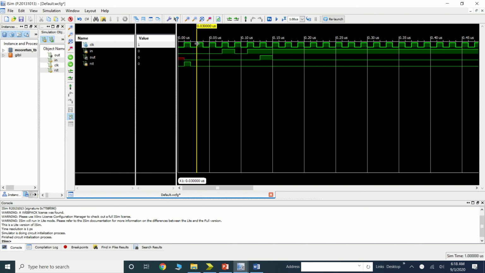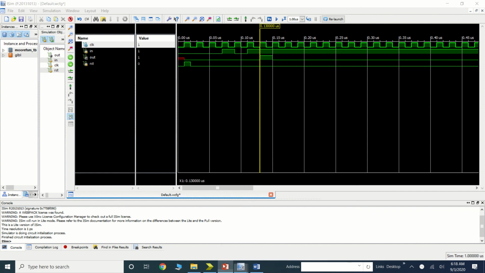So this is the pulse of clock, the input equal to 0, the next pulse of the clock, input equal to 0. Here my clock 1. Okay, so we are getting the first bit of my sequence, the next again the desired bit 1 0, and the next is my 1. But here you have seen that when we are getting the targeted sequence at the same clock edge, the output is not getting affected. The output is affected at the next clock pulse. So here my output is reflected from 0 to 1.